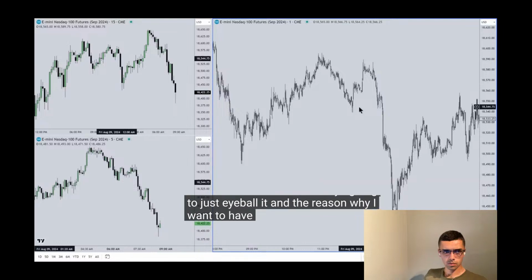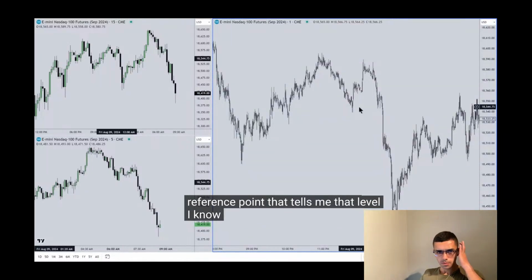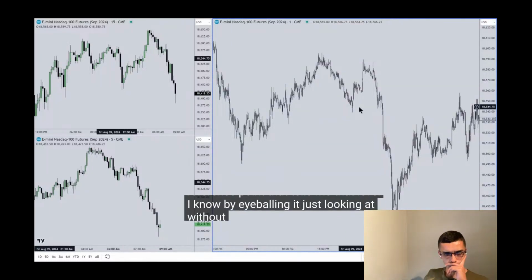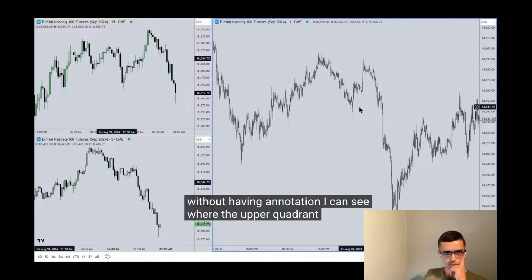And the reason why I want to have that there, because if it's above 20 handles and I have a reference point that tells me that level, I know by eyeballing it, just looking at it without having an annotation, I can see where the upper quadrant and the lower quadrant inside that new day opening gap would be. I don't have to have the lines on there. Okay, so